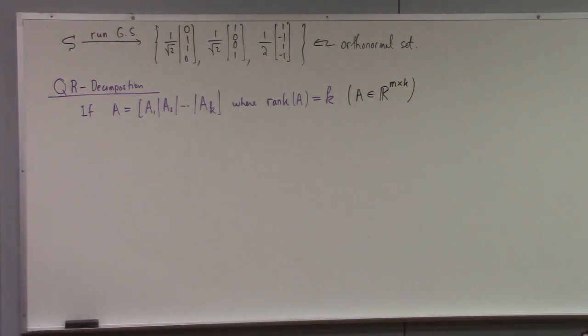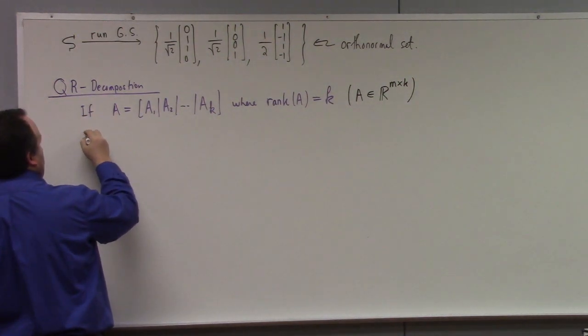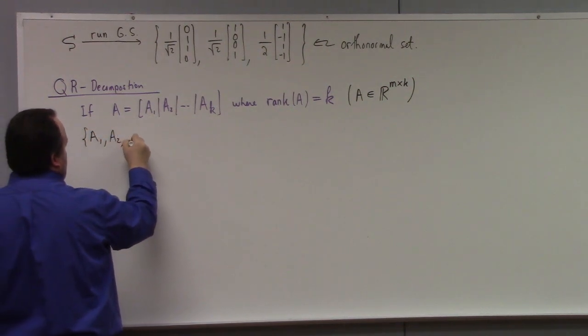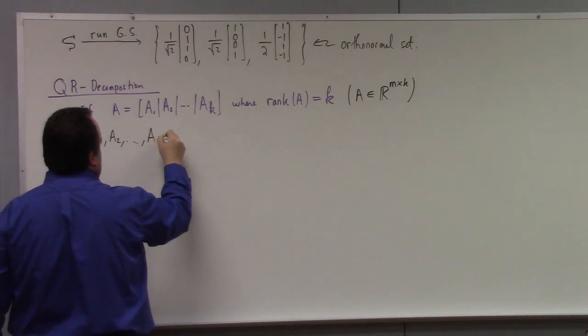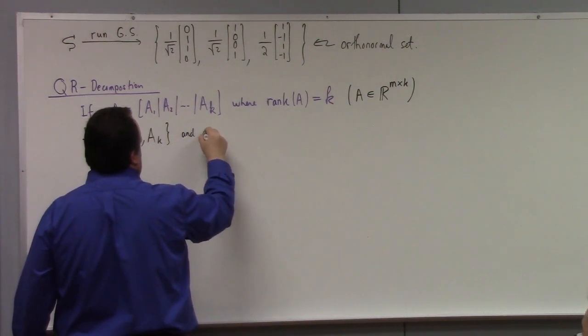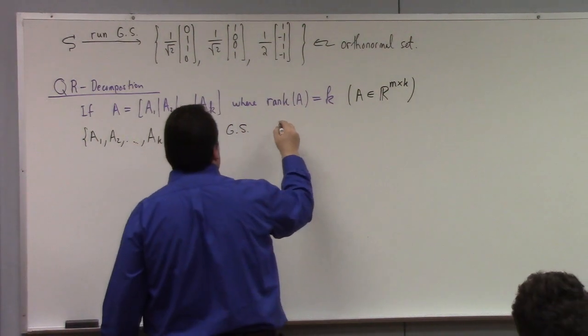So it doesn't have to be a square matrix. Then the thing is, we can take the set of columns, A1 through AK, run Gram-Schmidt and normalize to